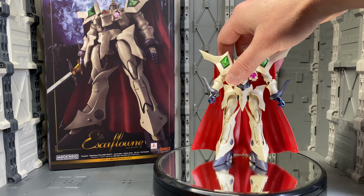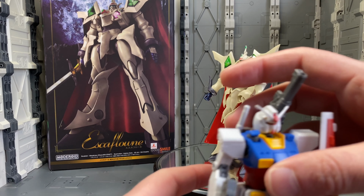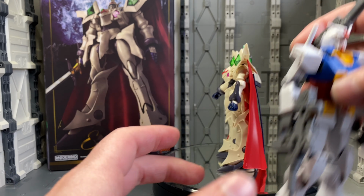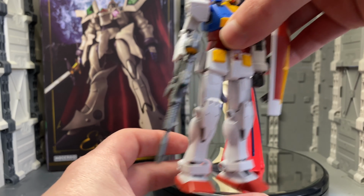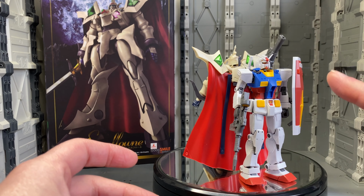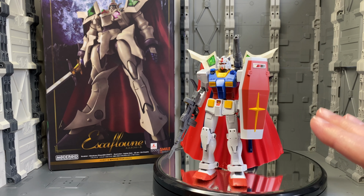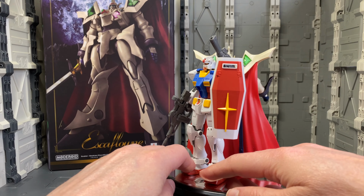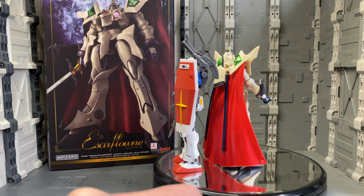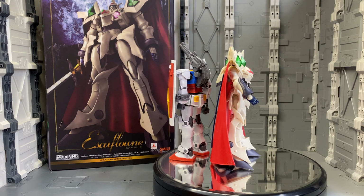Now, he is a Moderoid kit, and considering the size of the box for these Moderoid kits, I always imagine that they're going to end up being a bit bigger than they are, but they end up being a bit smaller. So let's take a look at the Moderoid compared to the HG Origin Gundam, RX-78, and as you can see, the Escaflowne does come in just a tiny bit taller than the HG RX-78 here. So just a tiny bit taller than you can expect from an HG kit, but nothing quite master grade size. Definitely nothing perfect grade size. So he is a bit of a small guy, but